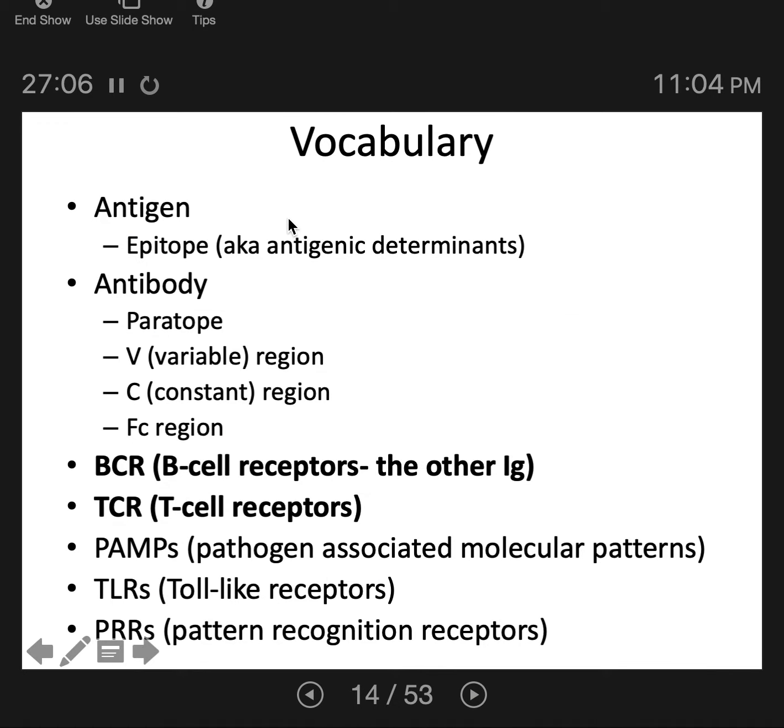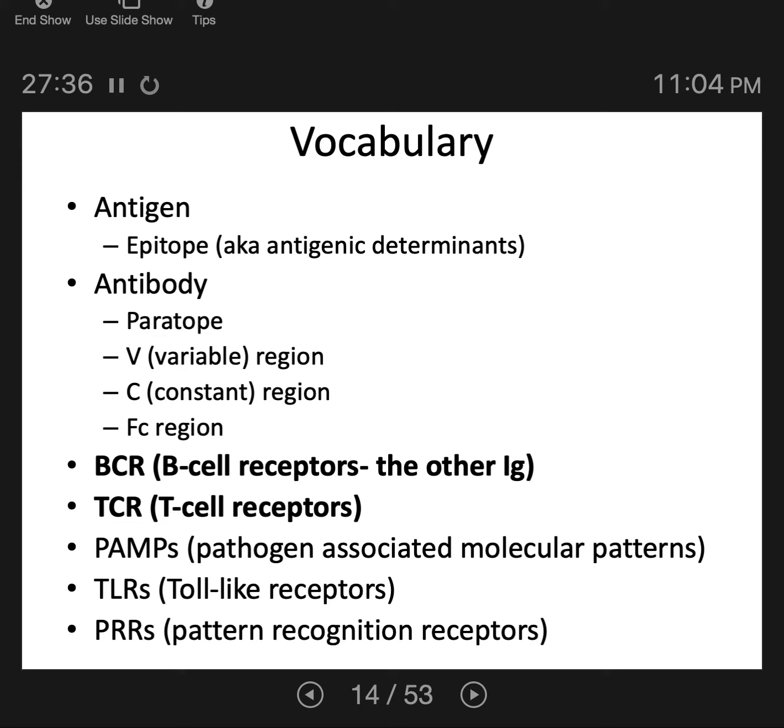All right, so moving down in the vocabulary list, B cell receptors and T cell receptors. We already sort of covered this, but T cell and B cell receptors are very much like antibodies in that they are specially designed to fit one type of epitope from a pathogen. What makes a B cell receptor and a T cell receptor different from an antibody is that they are not released into body fluid, while antibodies are.